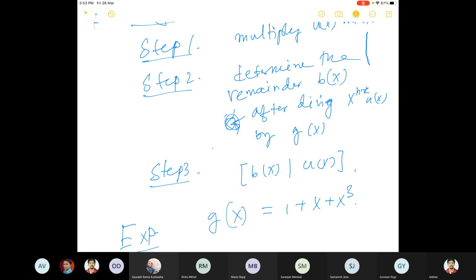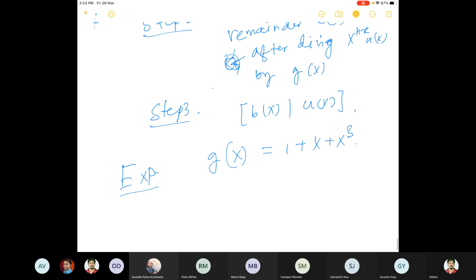Okay, now give me any ux. Ux means a string of length 3, string of length 4. From there, I'll construct ux, and then accordingly I will divide this. So first ux, let's say give me something. Let's say ux is 1001. I mean the corresponding code, this corresponding information is 1001.